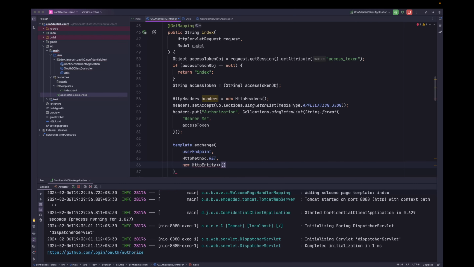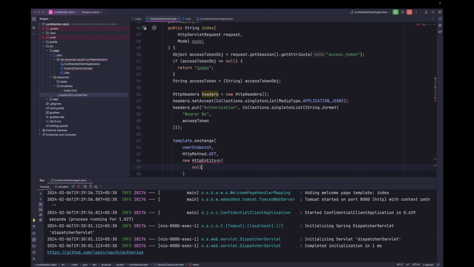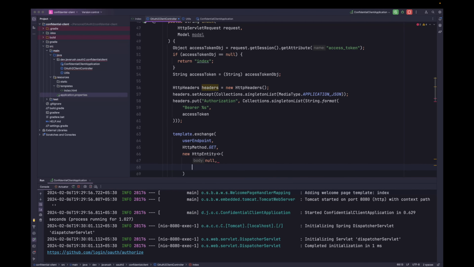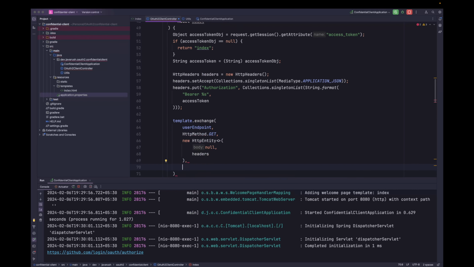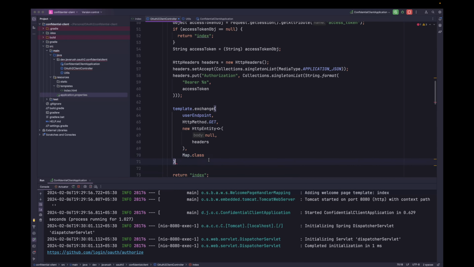All this you can read in the documentation of RestTemplate. So the first will be null, which means we don't want to set anything inside the body of the request, but we want to send some headers. So headers, and then we need to specify the type of response. What will be the type of the response? Let's just say Map.class here. Okay, so we have specified Map.class, and let's say dot getBody,